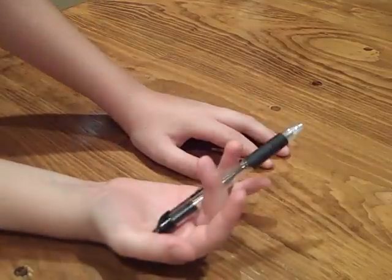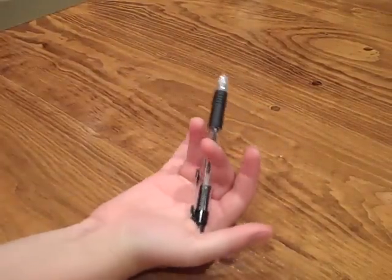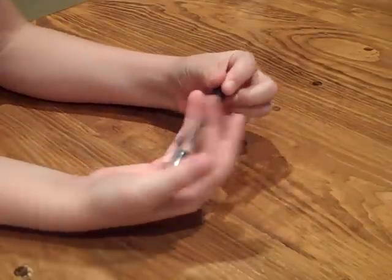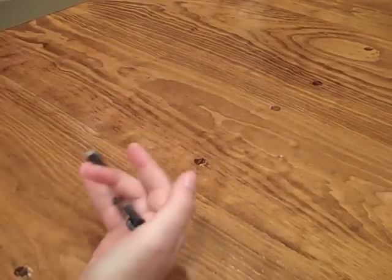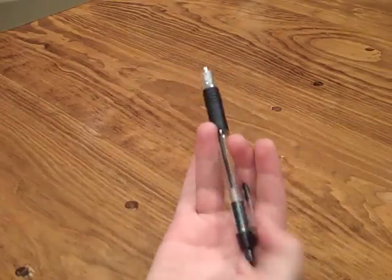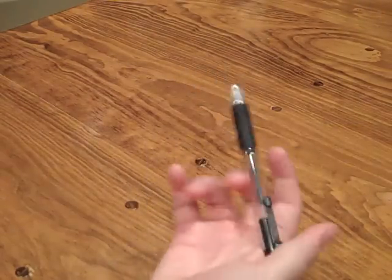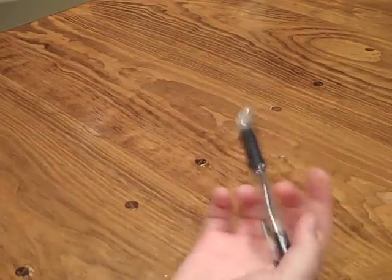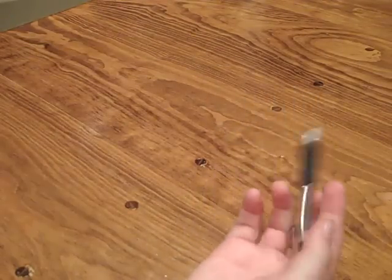So, this is what the Sonic looks like in fast, speedy. That's what it looks like. And you should be able to do that within a day. If you're at school and you get caught, you can't blame me. Okay, so